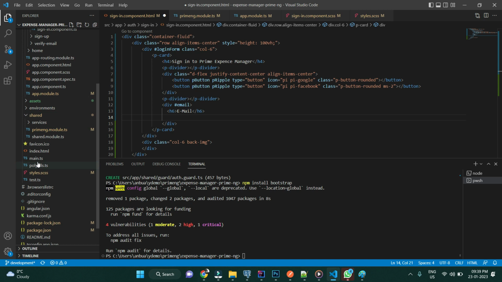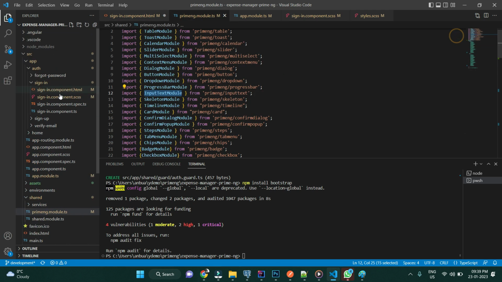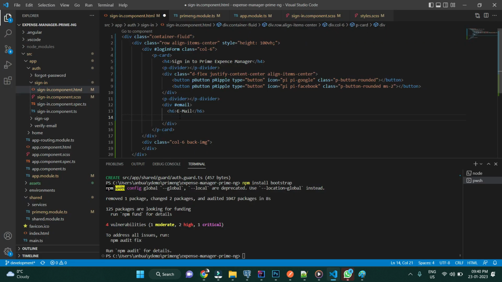Before using it, let's cross verify whether we have this module or not. Yeah, we have it. Let's go ahead and add it to our application. So it's a plain text I'm going to add here, right? I'll just add it here. This goes, and then we are going to add,